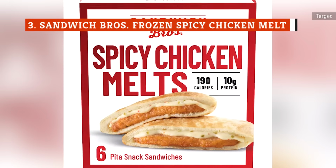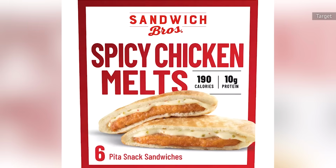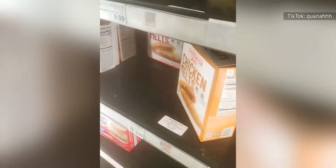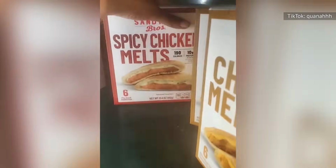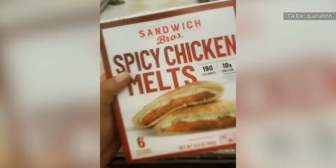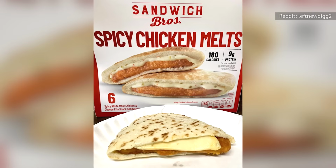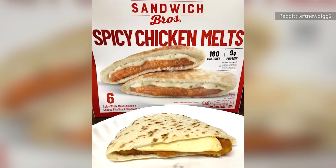Unlike the other Sandwich Bros chicken grab, this spicy chicken melt tends to please the majority of the crowd. People seem to really dig the heat level on this one, as the chicken contains just enough spice along with a little pepper jack cheese to cap things off and make it taste just right. Most reviewers believe the Sandwich Bros got this one correct and claim it's especially good when cooked using the right